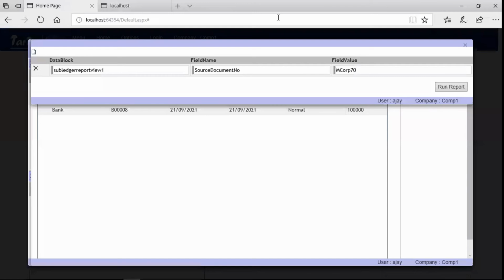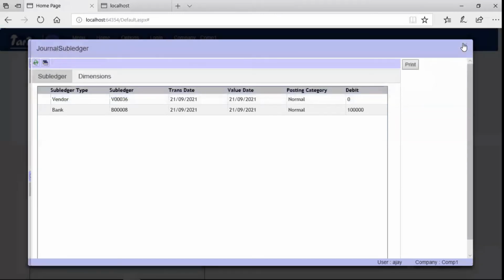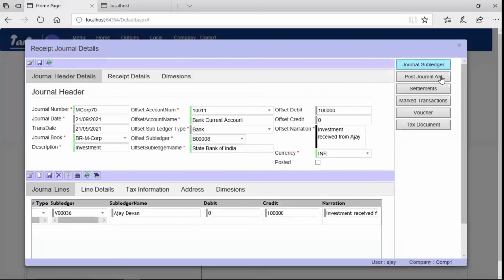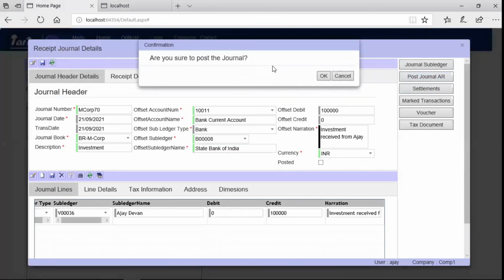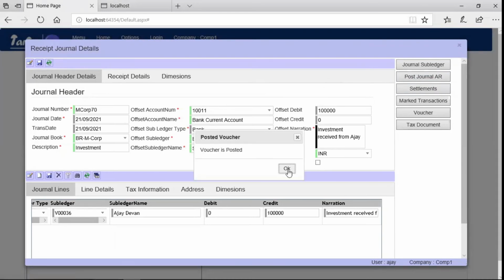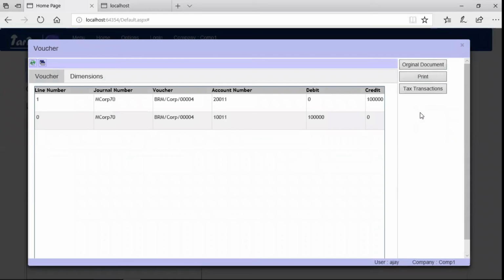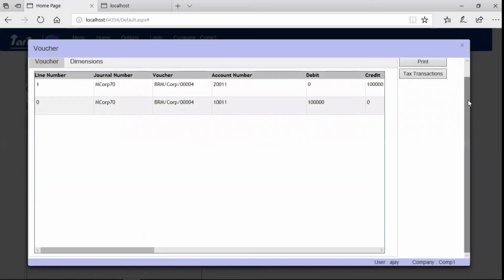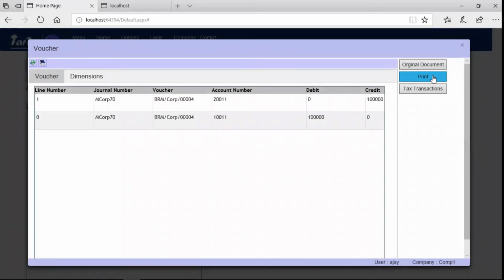Now we will close the subledger form and in the journal details click post journal button. Once confirmed, journal will get posted. Now click voucher button to see the posted voucher. Click print button to get a printable format of voucher.